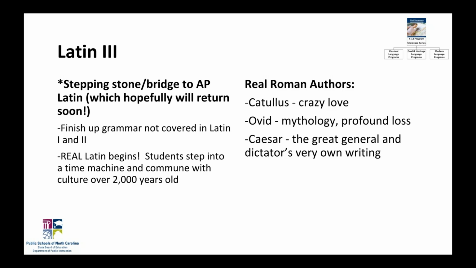Everyone's heard the name. Not everyone is aware that he wrote his own sort of autobiographical account of his military and political conquests. And in the Latin 3 course, they get to read about his conquest of Gaul, which is modern-day France, and he added pretty much the entirety of it to Rome's borders. He also touched down in Germany and even made it across the Channel and made landfall in Britain. So he was instrumental in increasing Rome's borders and power. This is all before he became dictator.